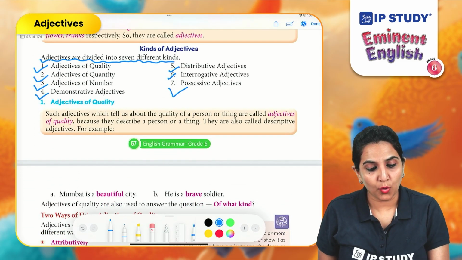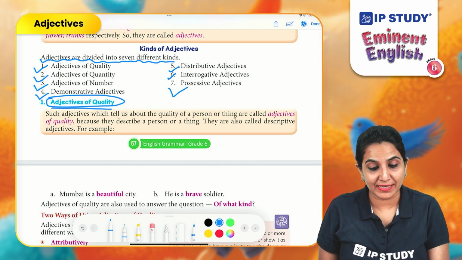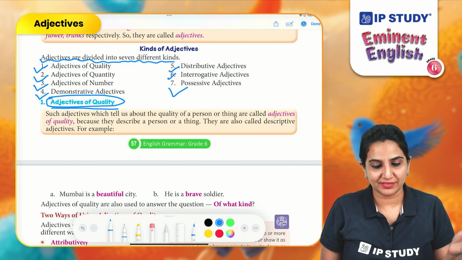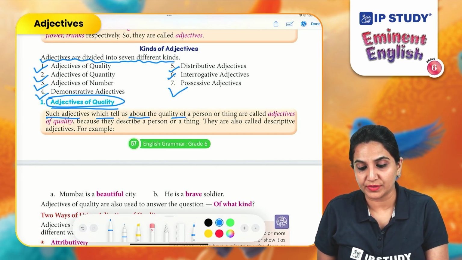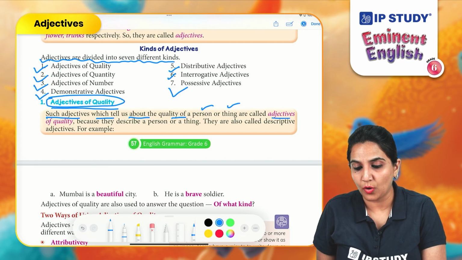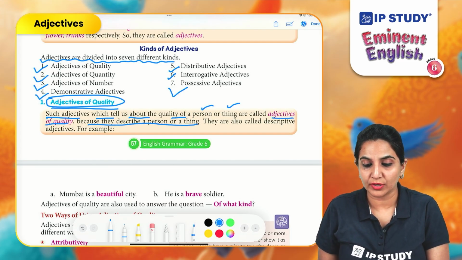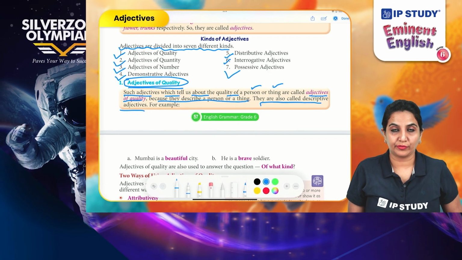Adjectives of quality. As the phrase says it all, it describes the quality of a noun. Such adjectives which tell us about the quality of a person or a thing are called adjectives of quality because they describe a person or a thing. They're also called descriptive adjectives. For example,